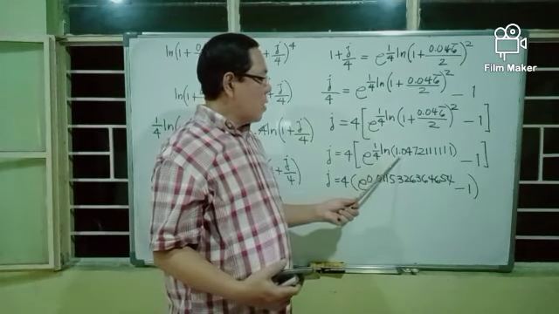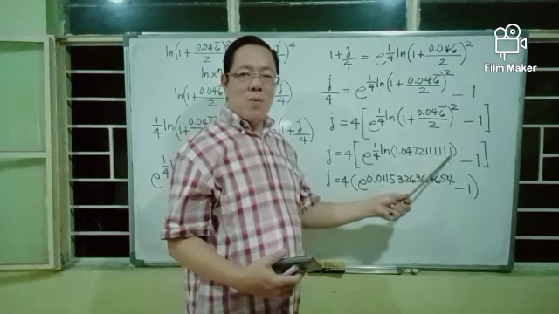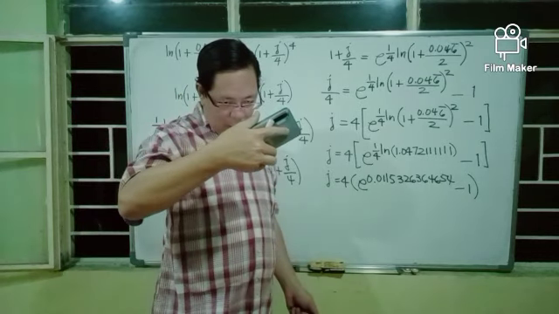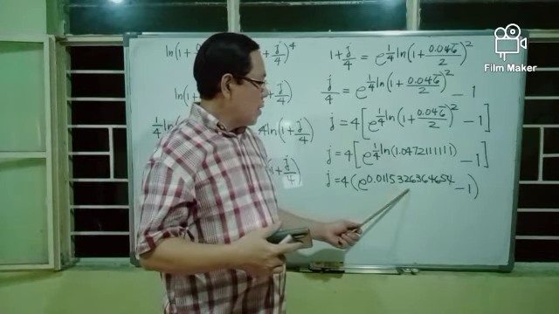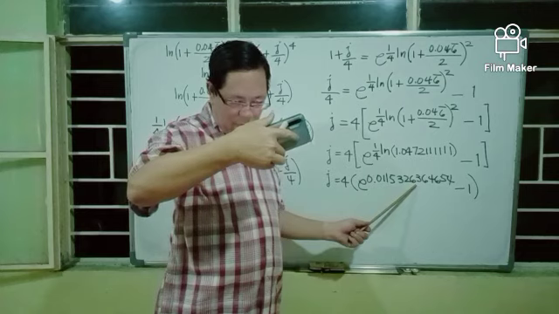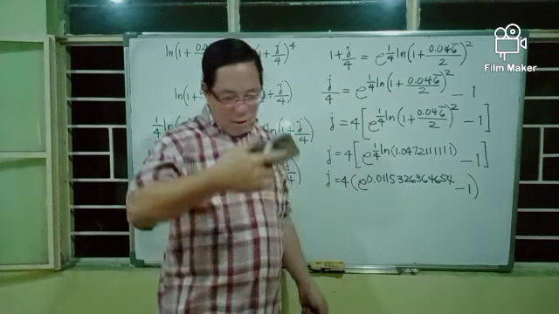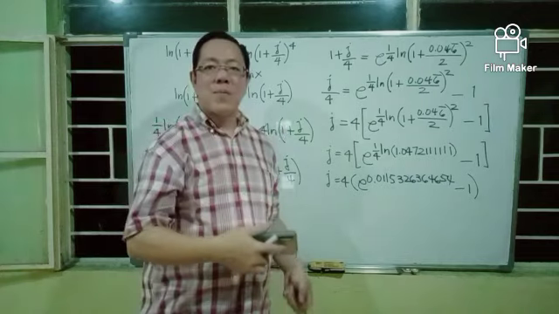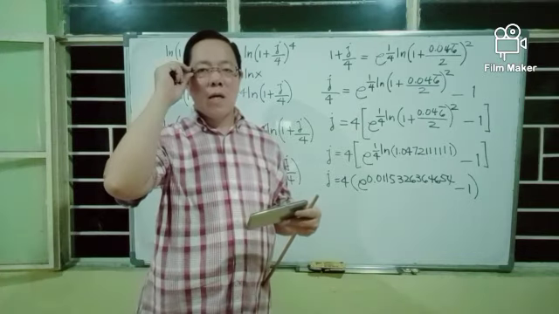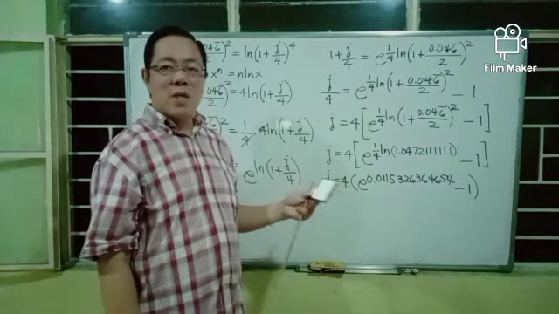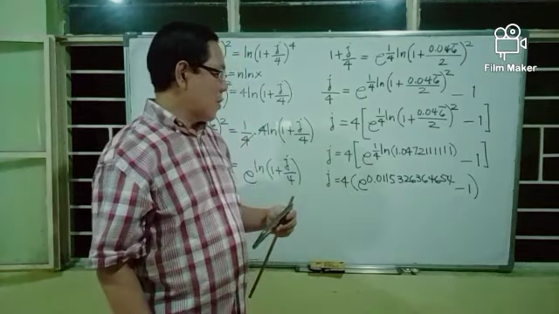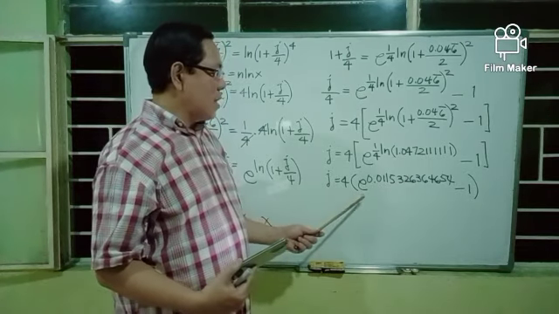1/4 of ln of 1.04721111 is 0.011532636465. If you are using an expensive scientific calculator, you will get more digits in the display screen in your calculator. Now we calculate e to the power